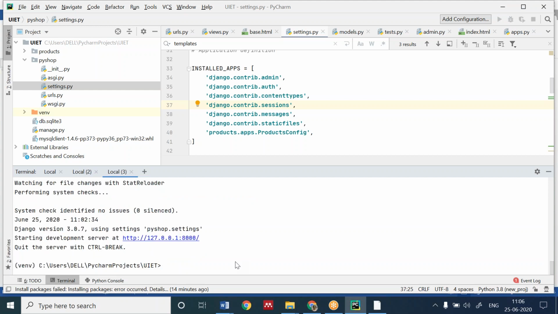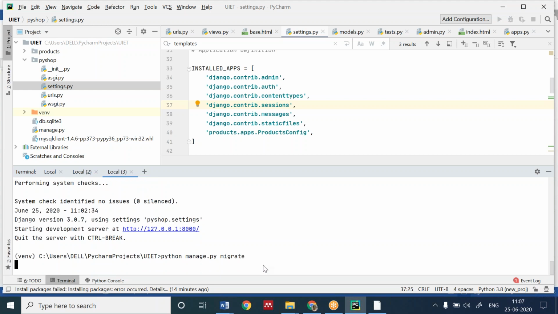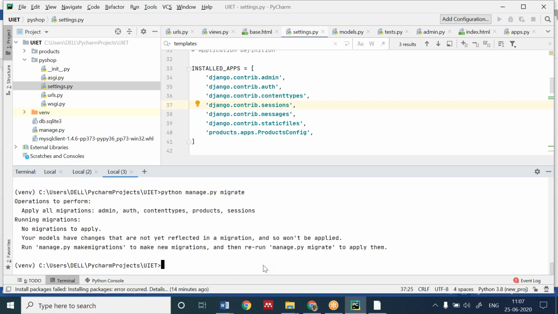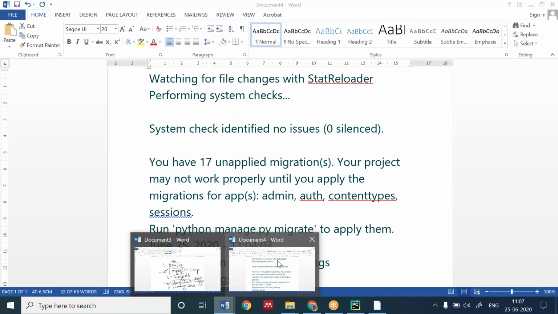Okay. So how to remove this? You have to write python manage.py migrate. Everyone see how I can remove this? python manage.py migrate. If I press this, all these migrations will be done. See, I'm again writing the command for you all.